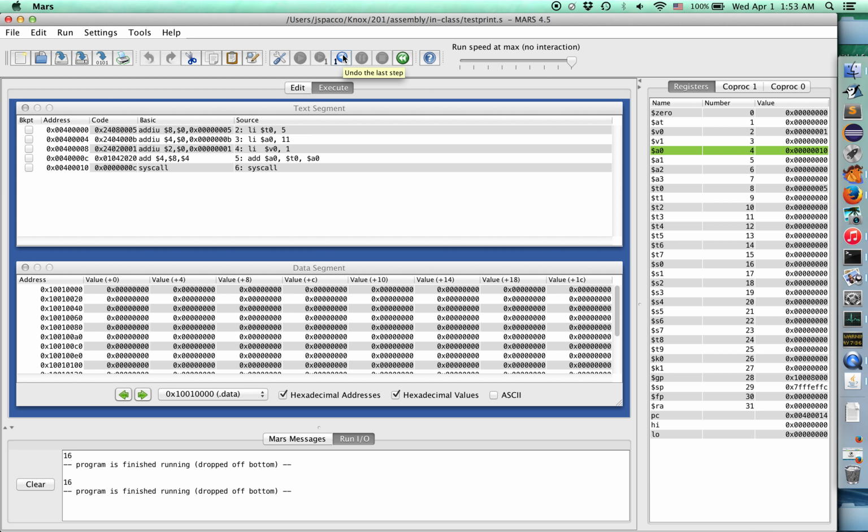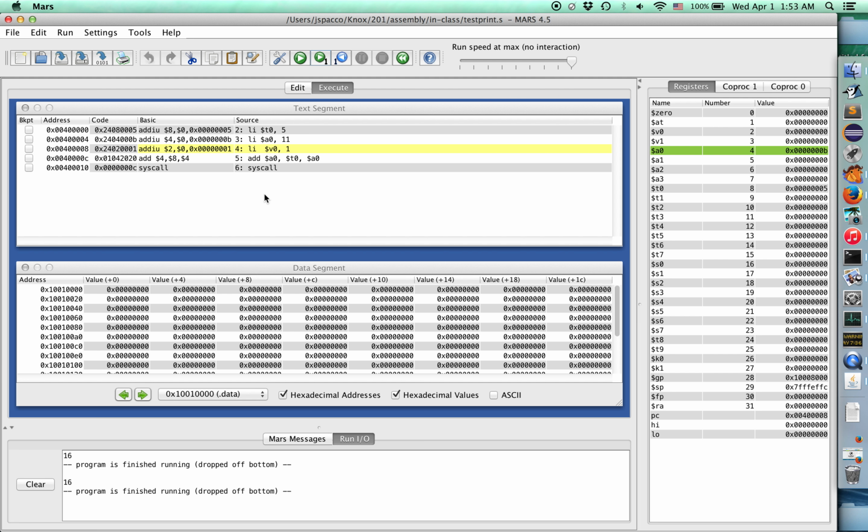Cool thing about MIPS, you can actually undo. You can go back particular steps, because there's not really a lot of state from instruction to instruction, so it's really easy to go both forward and backwards in MIPS. It's much harder to go backwards in regular programming languages that aren't as simple, higher level languages like Java or C++ or Python. So this is a simple assembly program showing us how to use syscalls to print